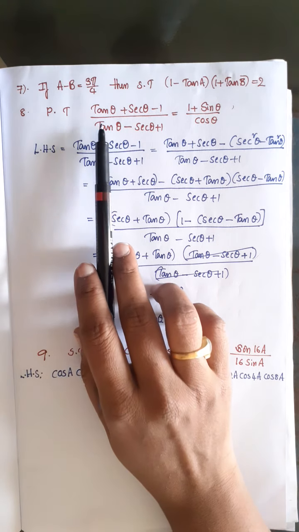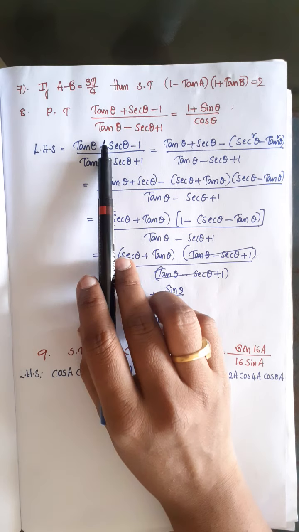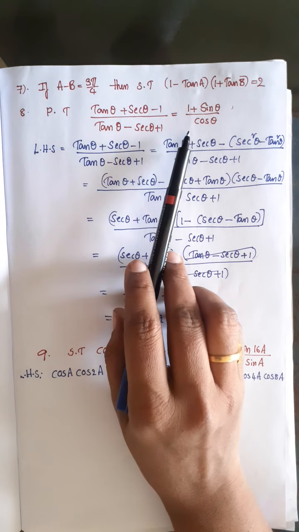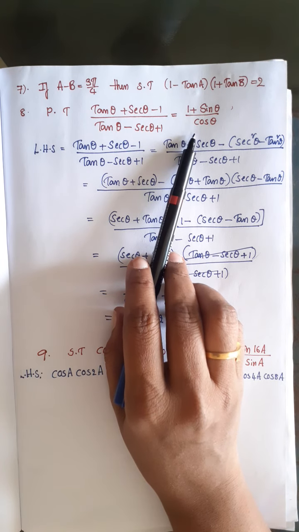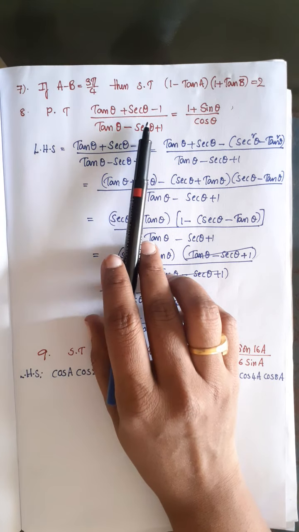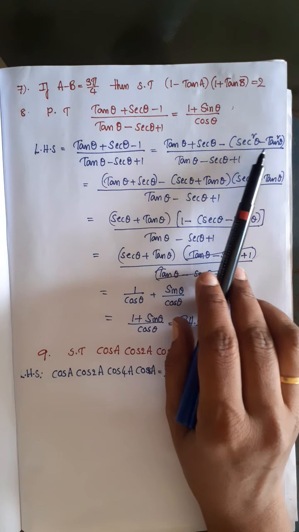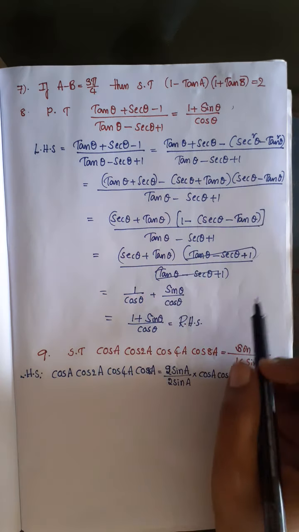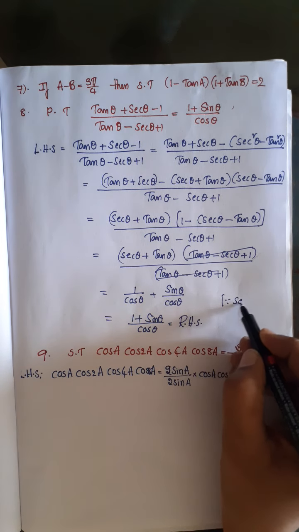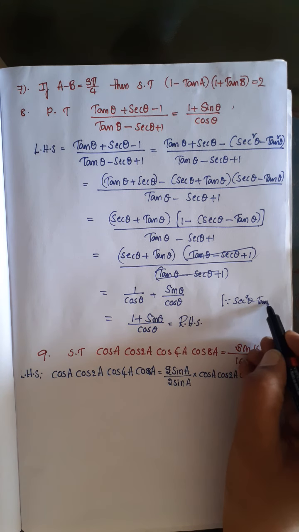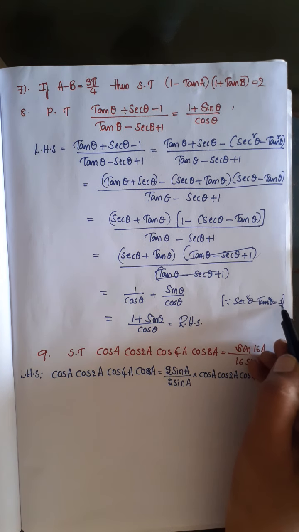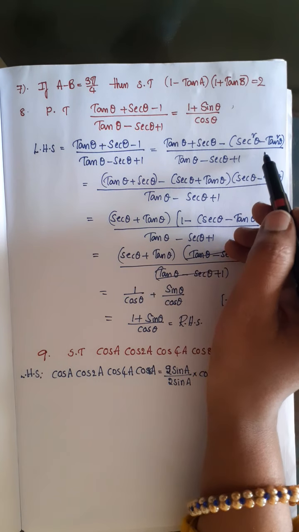And next question: (tan theta plus secant theta minus 1) by (tan theta minus secant theta plus 1) is equal to, we have to prove this. Here all terms are in tan and secant and we have 1 here. Take numerator 1 is equal to secant square theta minus tan square theta, since from the trigonometric identity secant square theta minus tan square theta is equal to 1. So, we are replacing this 1 with this.